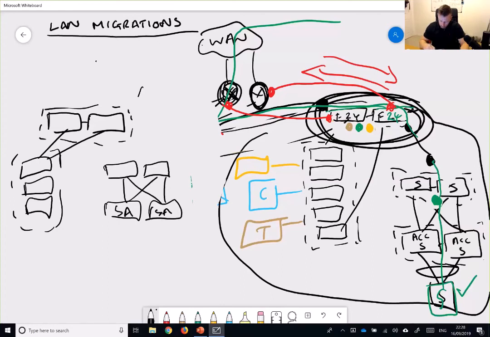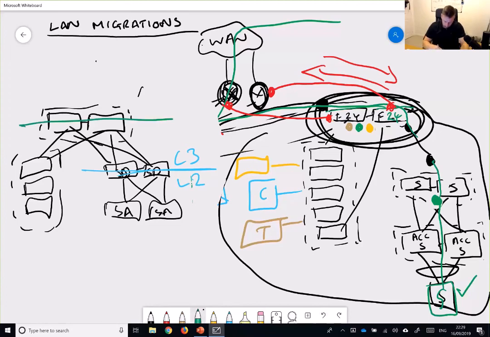Server distribution, probably something like that. And then from a layer 3 perspective, that's where layer 3, layer 2, something along the lines of that. And then for the clients, it's like that, if it was like a collapsed core.